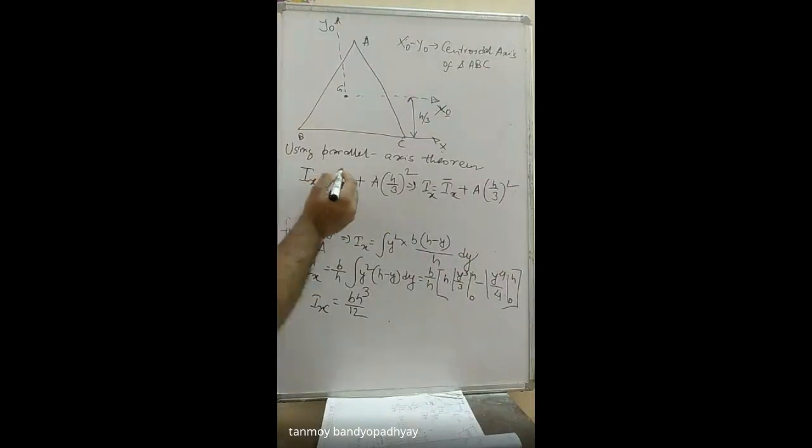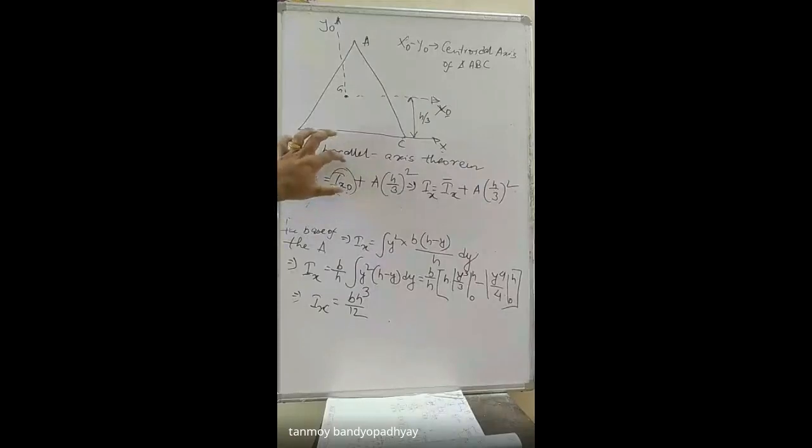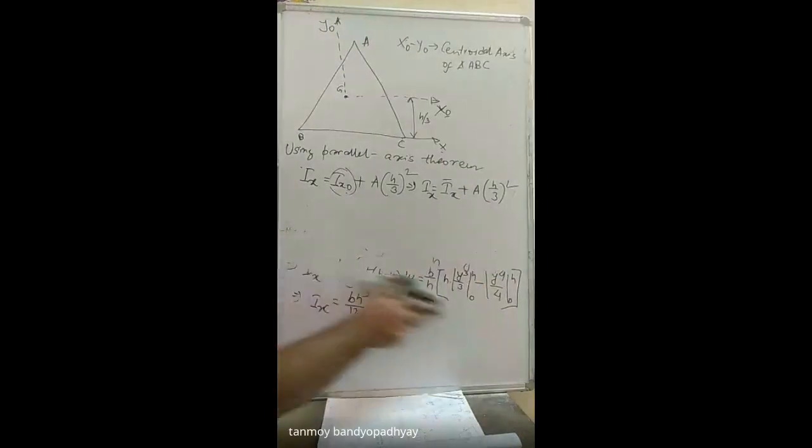Always the centroidal moment of inertia, whatever is the moment of inertia about the centroid, that will be here. You cannot put Ix0 here. This is the general mistake we make while calculating the parallel axis theorem. So always remember that you have to put the centroidal moment of inertia here, plus this one. That will give the moment of inertia about any arbitrary axis. So this is an arbitrary axis and this is the general centroidal axis. I hope you can understand what I am telling.